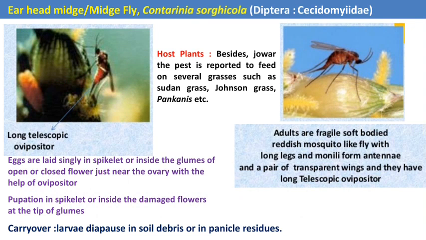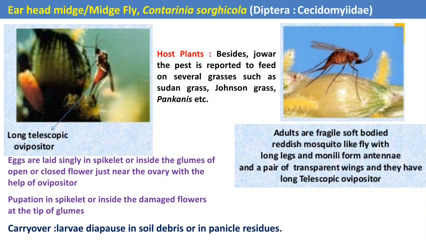Which are the different host plants of this pest? Besides the cereal crop, the major host plant, another alternate host plant is grasses, the grasses present in our field bunds. It means that in the case of midge fly, in the off season, the grasses are used as an alternate host by this midge fly.